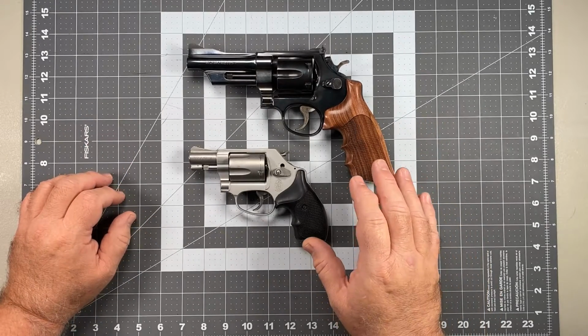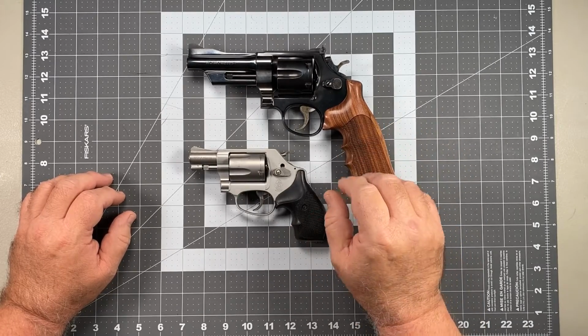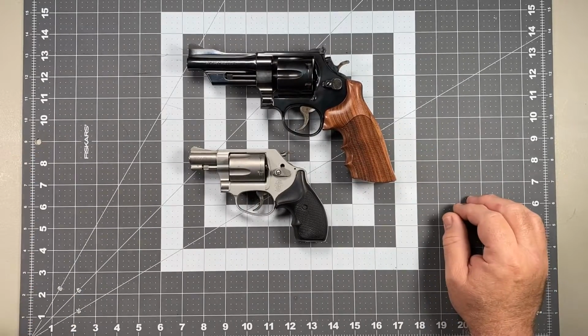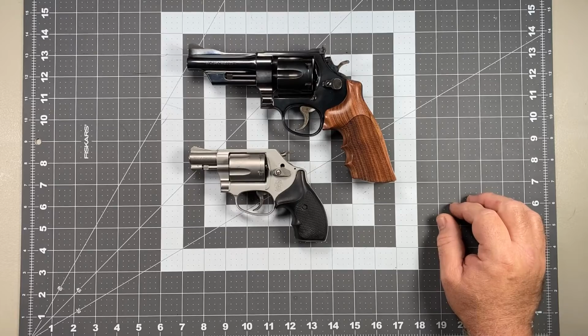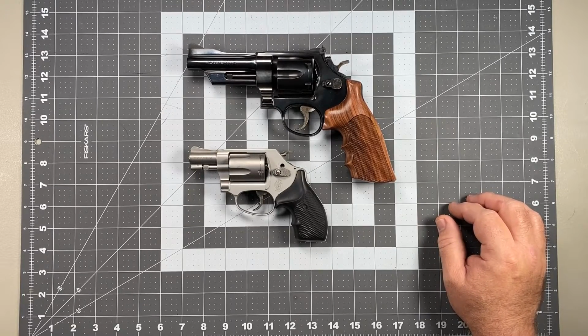And what we're going to be doing today is the first in a series of videos that I'm going to be doing talking about applying the shooting fundamentals towards mastering the double action trigger on your revolver. Now, when it comes to what I'm going to be talking about, and specifically when I get to talking about the shooting fundamentals,